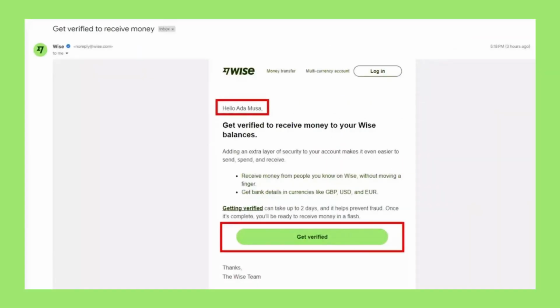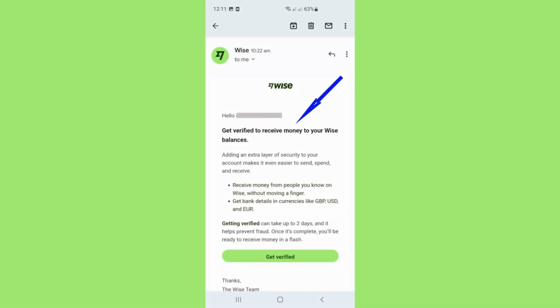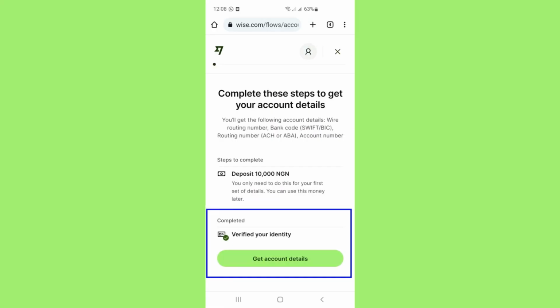You'll need to upload a government issued ID. Passport, driver's license, or national ID card must be valid and not expired. Also, a proof of address like a utility bill, bank statement, or government issued letter not older than 3 months. And make sure documents are clear, full-page scans or photos, not cropped or blurry, and names and addresses match exactly